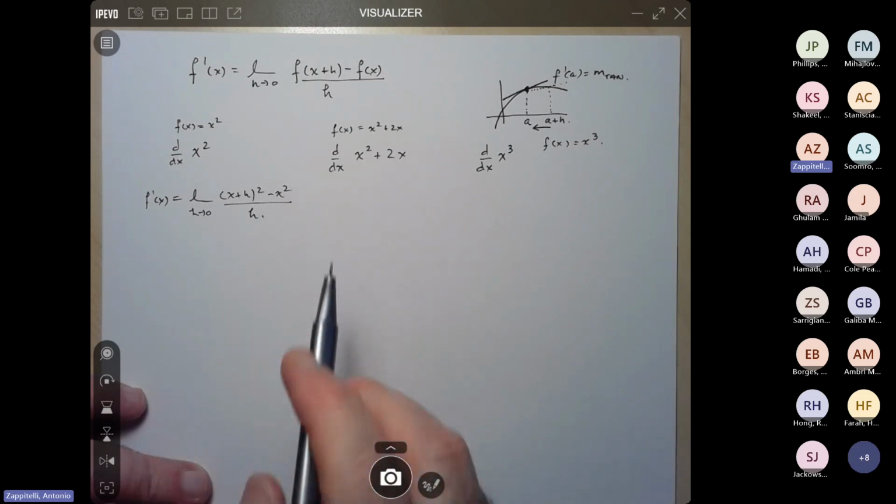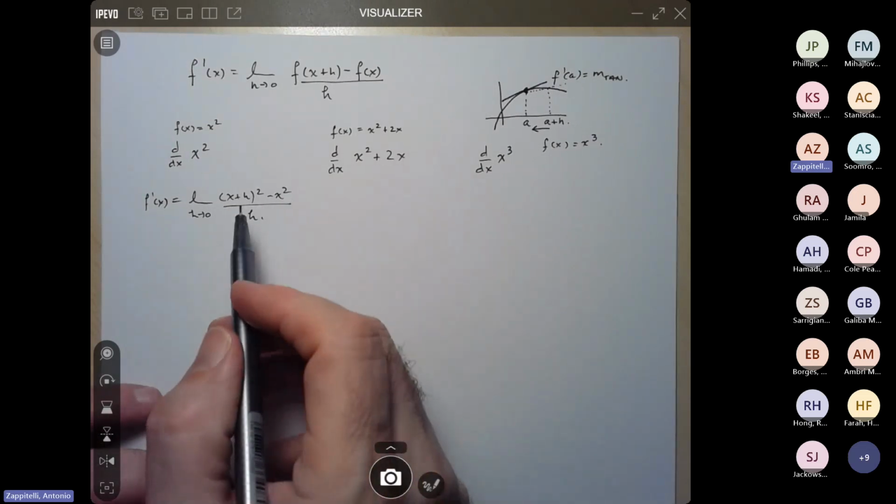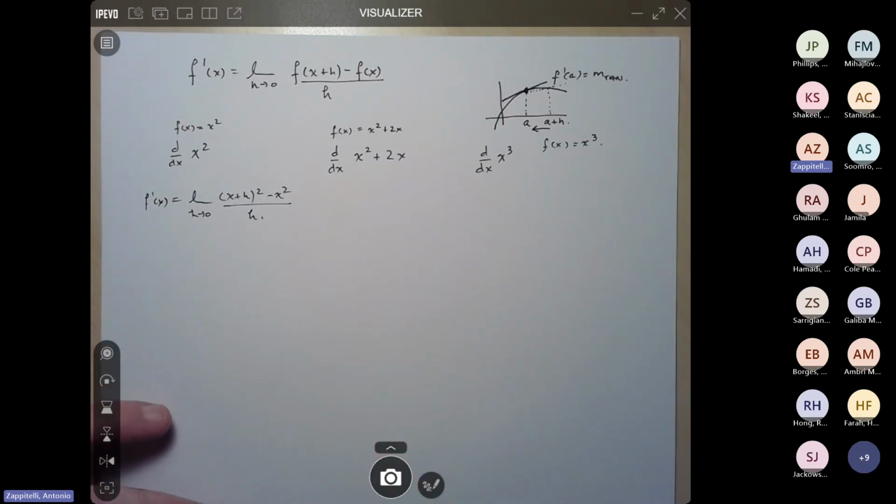Okay, what we always have in a limit definition is this indeterminate form, meaning the numerator and the denominator are